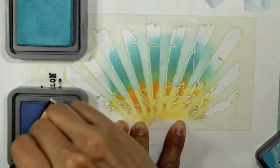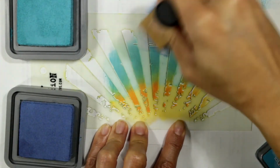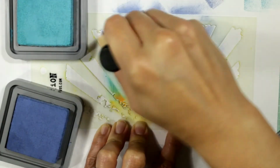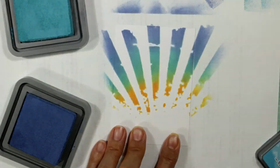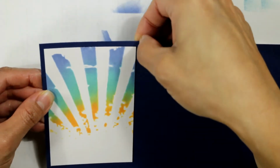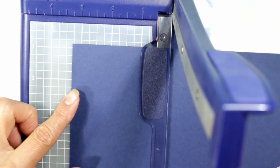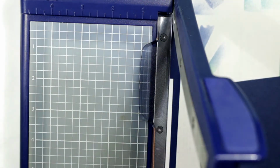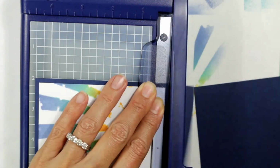And then at the top, I'm using a blue. I'm using Faded Jeans. And I thought those colors would coordinate nicely with the colors that I used in Copic markers to color up the little James character. I'm going to just mat it with some blue cardstock. It's the same cardstock that I'm using for the card base itself, but I just want a little mat around this. And for the background, I'm going to use just a piece of pattern paper that has a brick motif on it,